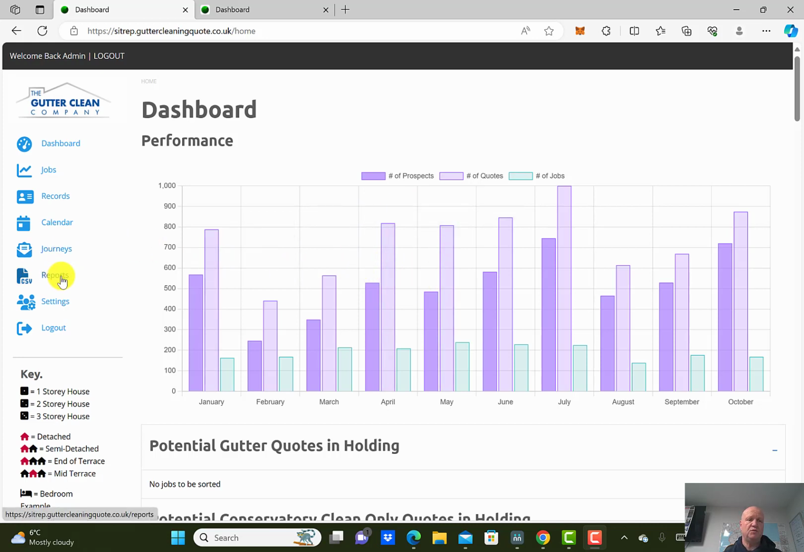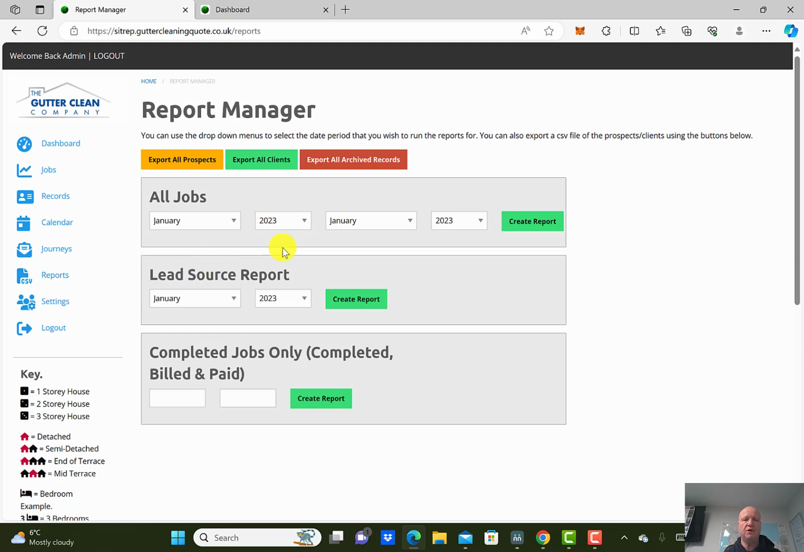But if you come over to the reports section, everything on the dashboard is listed down here. You click on reports, and there are 3 different reports that you'll have. This one will give you a list of all the jobs that you've actually had, and you can select the month, the year, the date, and then you simply click create report. So if I go to, let's say, January 2023 to October 2023, create report,